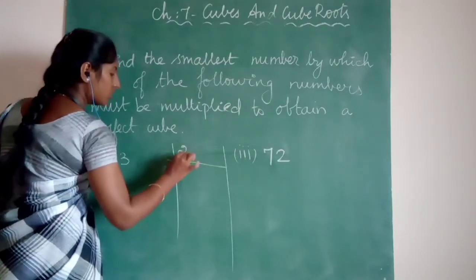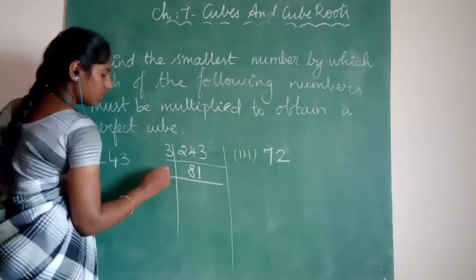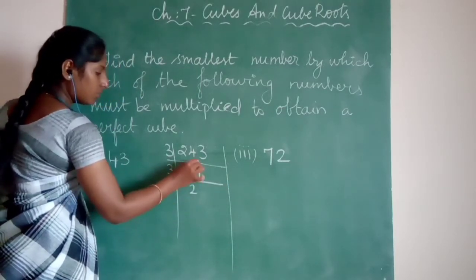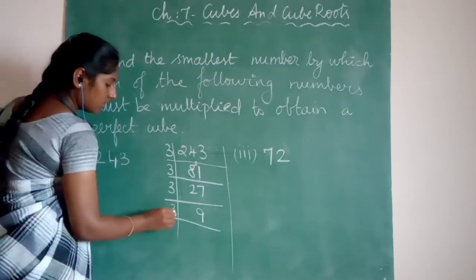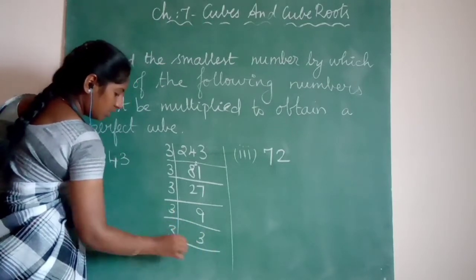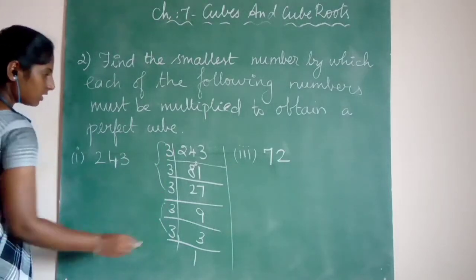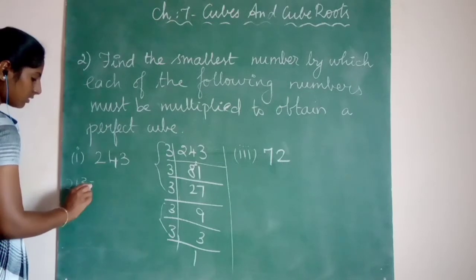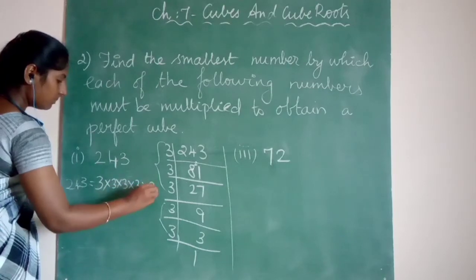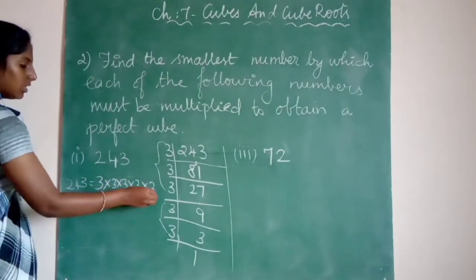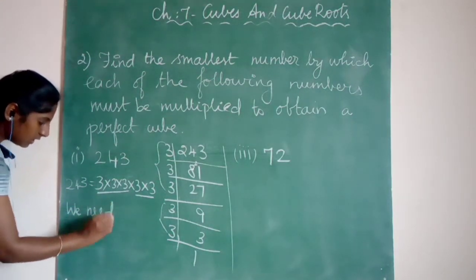Prime factorize 243. 3 8s are 24, and 3 1s are 3. Next 3 2s are 6, 3 7s are 21. Then 3 9s are 27, 3 3s are 9, and 3 1s are 3. Now you can write this as 3 into 3 into 3 into 3 into 3. In this you don't have another 3. So you will write, we need